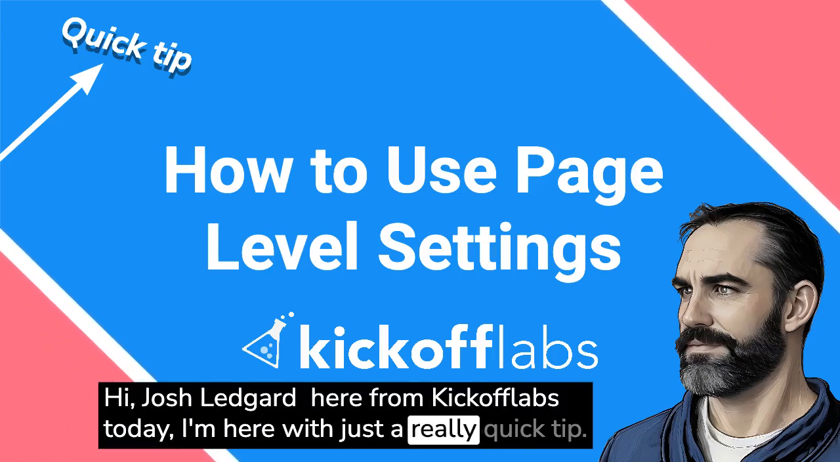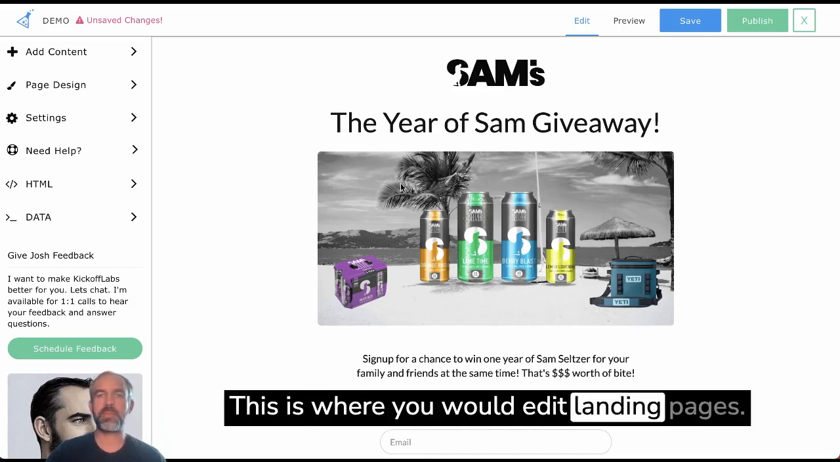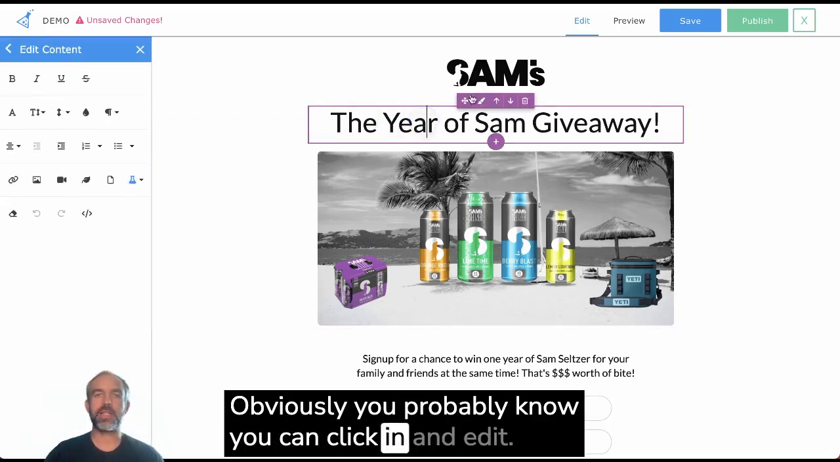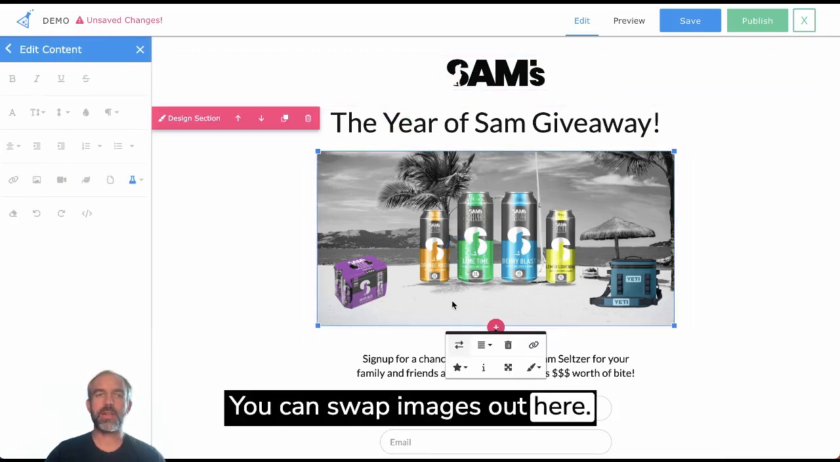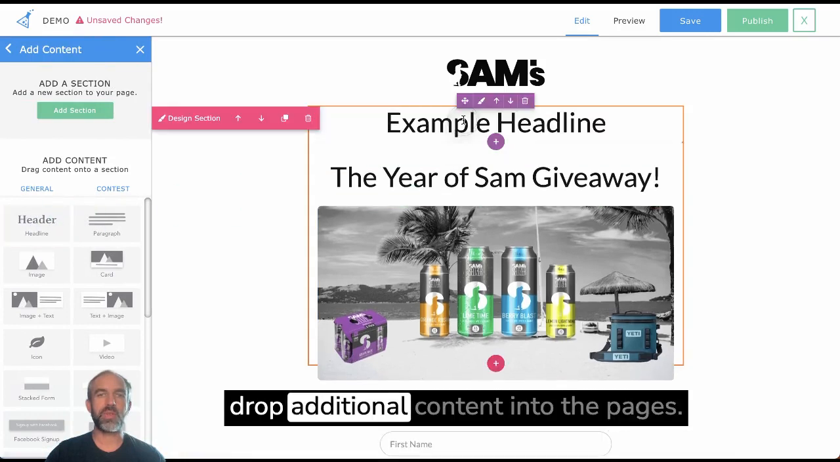Today I'm here with just a really quick tip. What you're looking at is the Kickoff Labs editor. This is where you would edit landing pages. Obviously you probably know you can click in and edit, you can swap images out here. You've probably seen the add content button at the top, which lets you drag and drop additional content into the